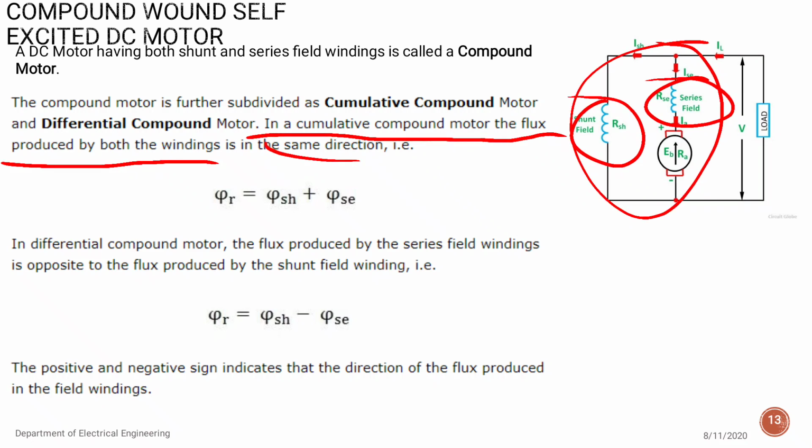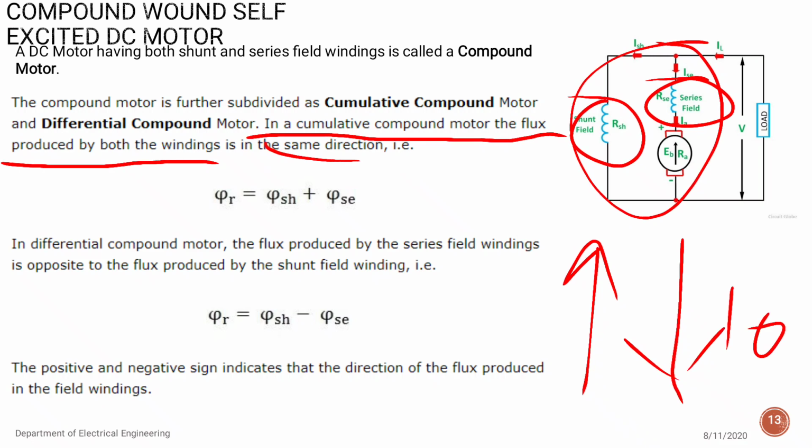Here we consider it as per KVL, Kirchhoff voltage law, which I think you learned in first year. If the direction is the same, there is addition. But if one current is flowing in this direction and another in this direction, say this is a 10 ampere current and this is a 5